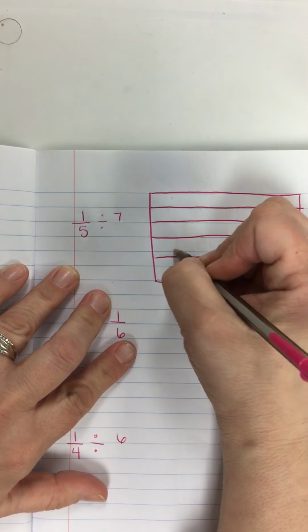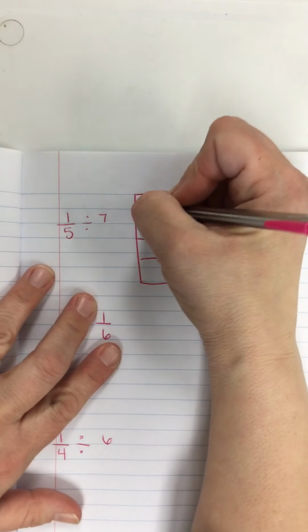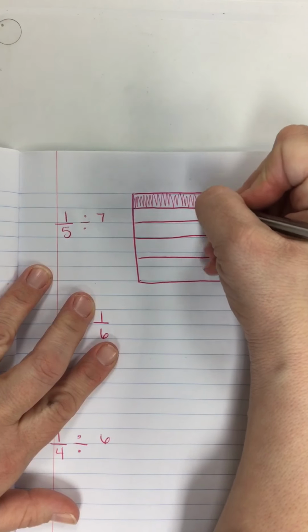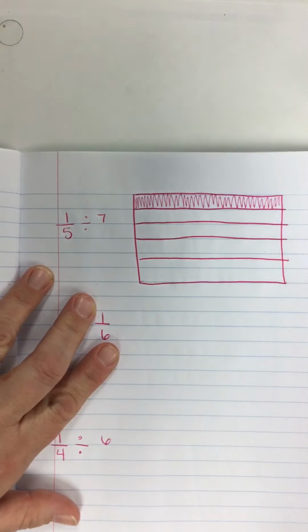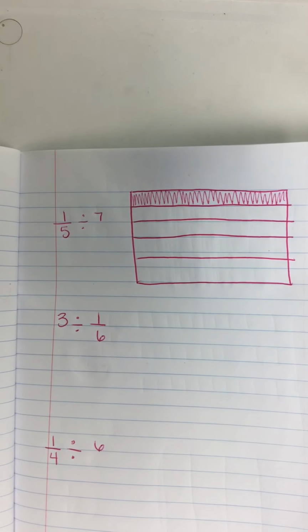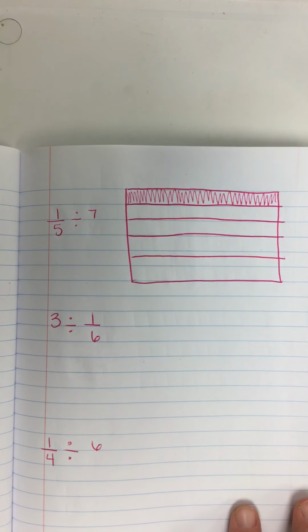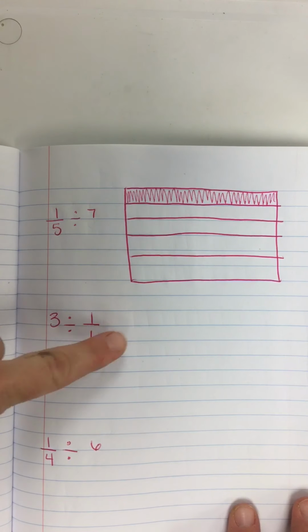1, 2, 3, 4, 5. One model. One full model shaded with 1 out of the 5 shaded. Okay, so 1/5 divided by 7. I have 1 model. Are y'all seeing the difference? 1/5. This is a basic fraction you've seen